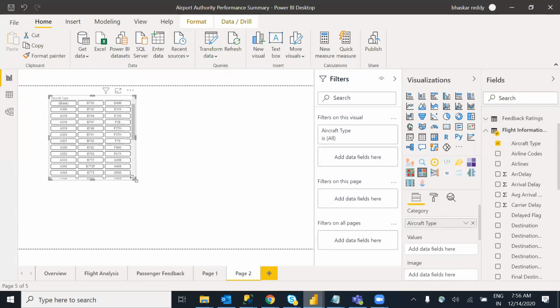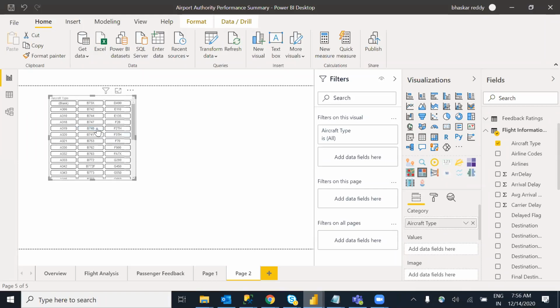This is the look and feel. It is different. If I select something, this is one of the chiclet slicers. We have the normal slicer and the chiclet slicer. If I select something, we have different aircrafts over here. B740, what kind of flight it is? Based on that, the remaining information I want to be filtered out. This is a chiclet slicer. We have different slicers, n number of things.